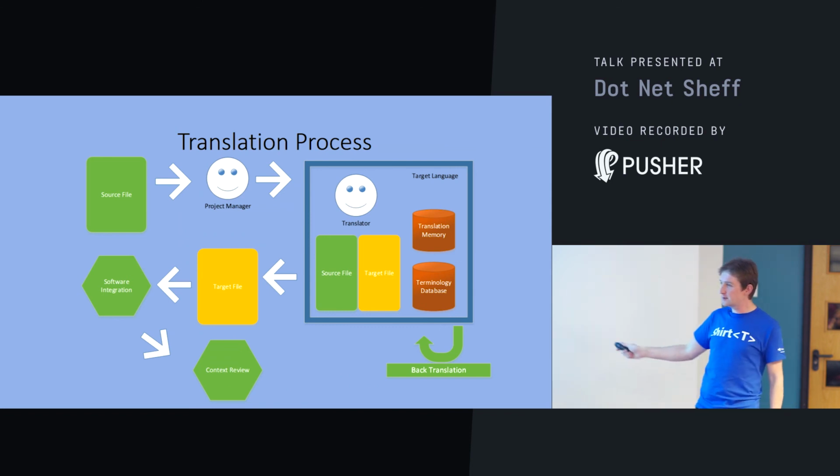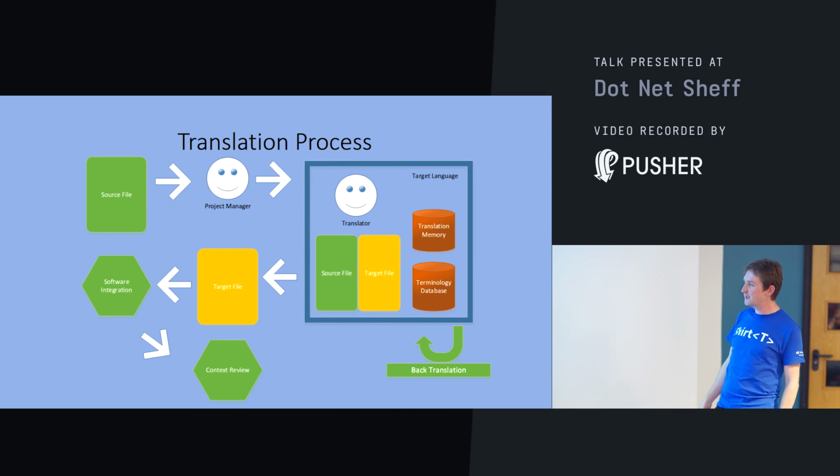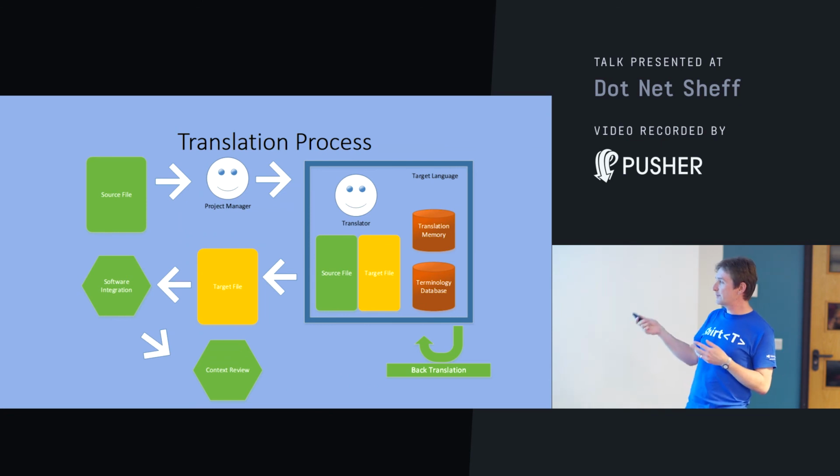Optional phase, which is usually a bit expensive, so most companies ignore this, is a back translation, where once the translator has translated into the target language, it goes back to a native speaker in the original language who translates it back, and then they compare it side by side to see whether they've both understood the context correctly and what's being translated. That is usually a fair bit more expensive and is reserved for things like nuclear manuals and that kind of thing, where you really, really don't want to get it wrong.